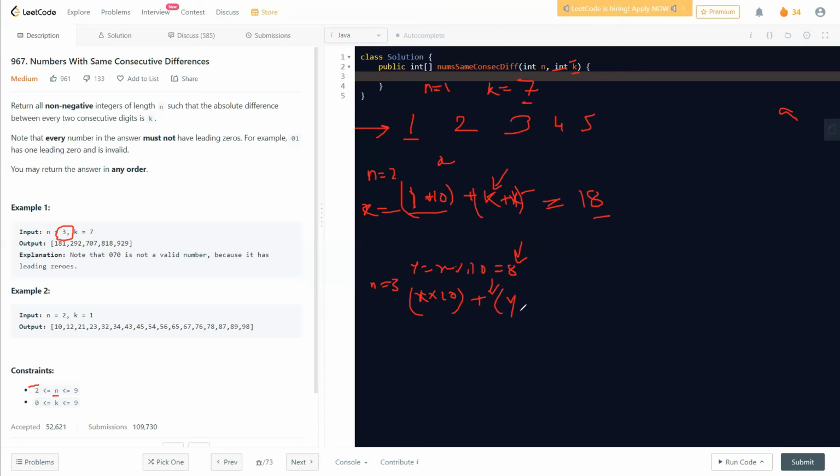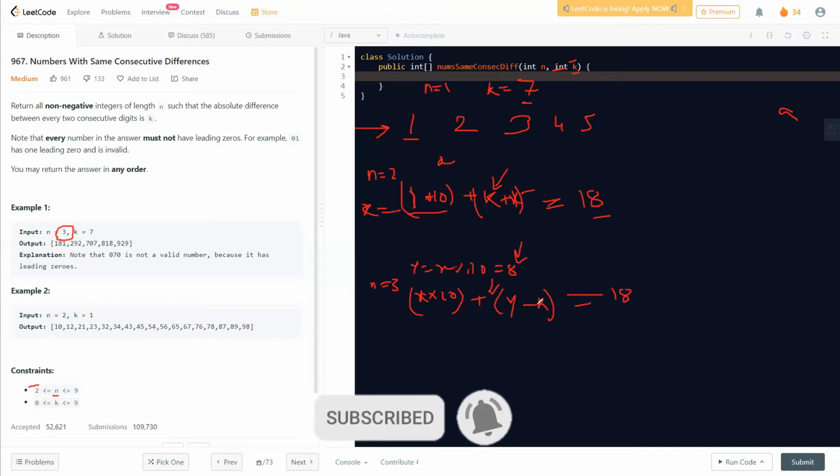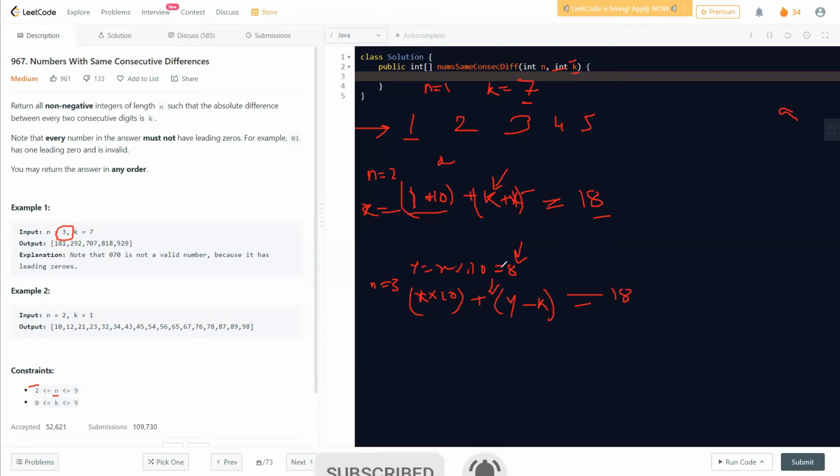So it's like y minus our k. So what will happen? x into 10. x was 18. So 1, 8, and then one place is blank. So y minus k, 8 minus 7, is 1. So that's how we created a three-digit number. Okay. So I hope this idea is understandable, how we can go ahead and create a two-digit, three-digit number,